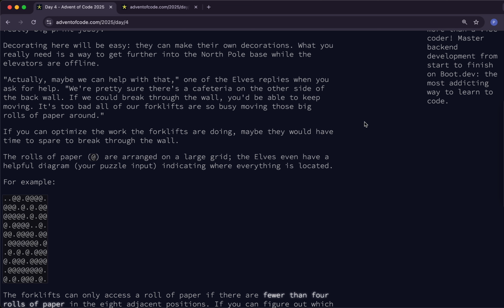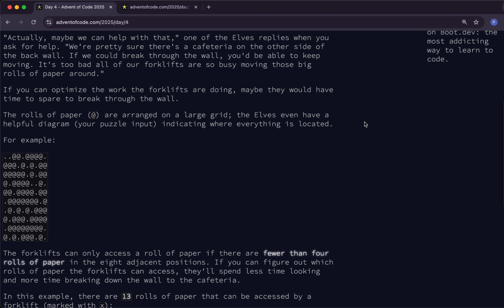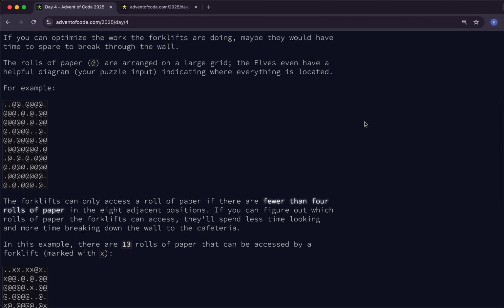What you really need is a way to get further into North Pole Base while the elevators are offline. Actually, maybe we can help with that, one of the elves replies when you ask for help. We're pretty sure there's a cafeteria on the other side of the back wall. If we could break through the wall, you'd be able to keep moving. It's too bad all of our forklifts are so busy moving those big rolls of paper around. If you can optimize the work the forklifts are doing, maybe they would have time to spare to break through the